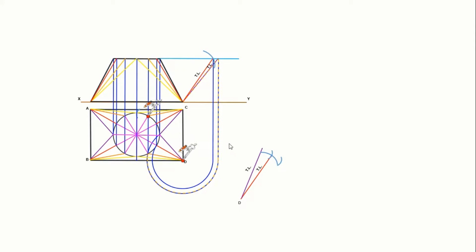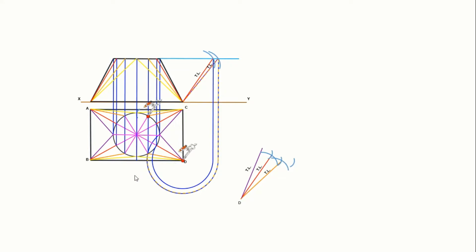So you bring it up, and that'll get you the true length up here. Mark it off with your compass again, put it on D, and you're swinging there to get the mark down for your development, the true length of the orange line. So we've broken down this triangle, this one, and now we're going to get this one here. Get the small radius again, swing it off, and now we need the true length of the yellow line